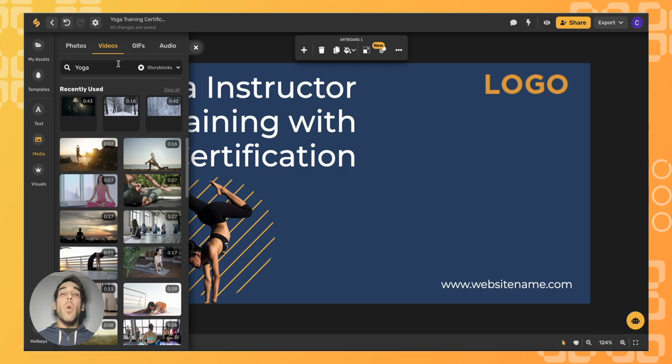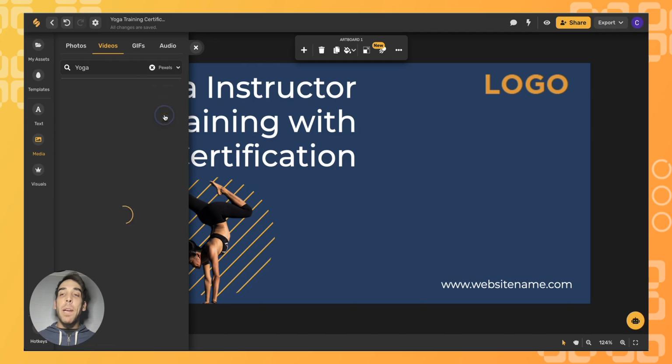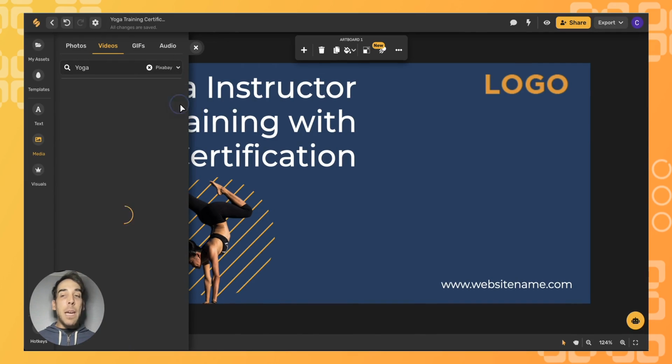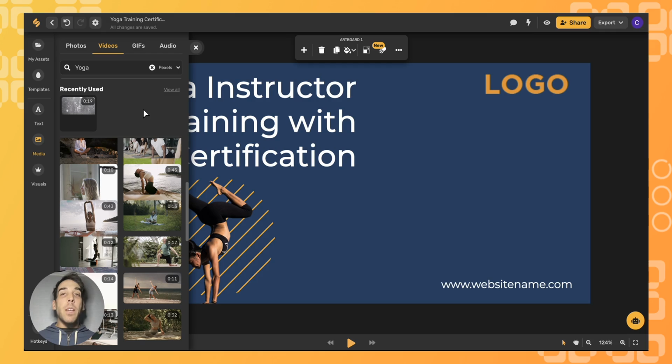However, this is just one of the libraries that Simplified has provided for you to choose from. This library is Story Blocks. If you click this down arrow, you'll see that you can also choose from the libraries of Pexels, as well as Pixabay. Select the video you want to use,